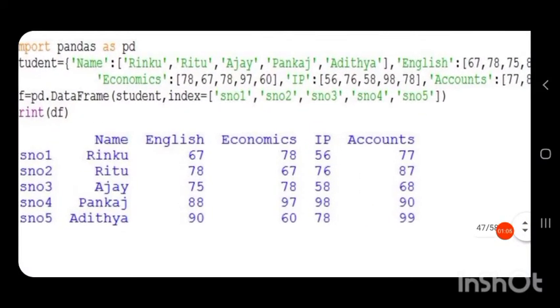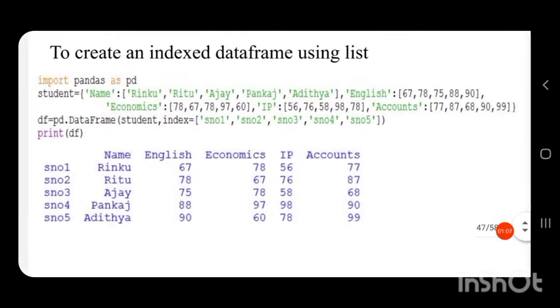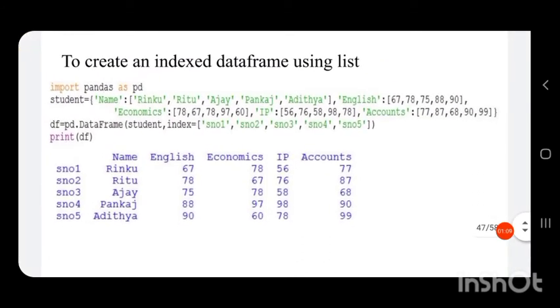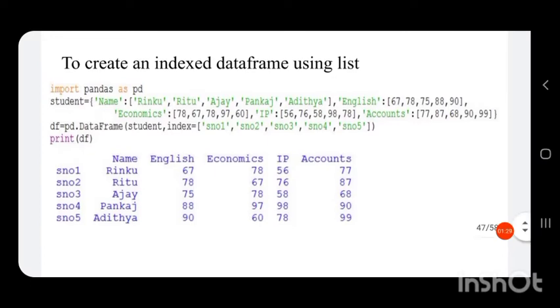Now we have to give indices. We have given names for columns. Column names are the keys in the dictionary student. For rows, we have never given a name. By default, row indices were 0 to n minus 1. We can provide names for indices in the DataFrame function where we create the data frame.